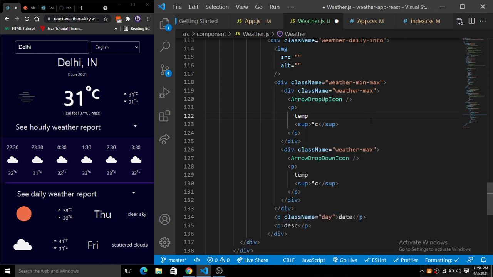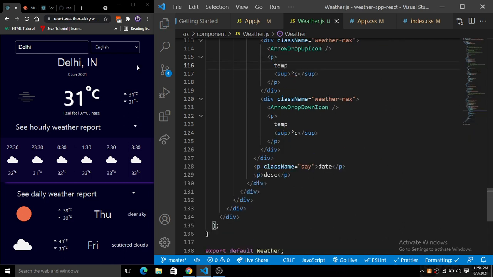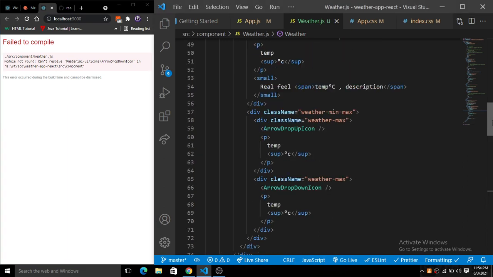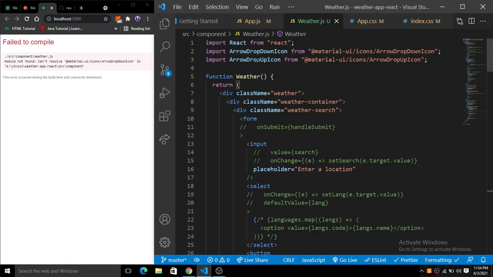And now I will save this, and let's go to the deployed version here. Now it has failed to compile. Let's see where it is showing an error. So we have this arrow drop down icon, right? Let's see, at the top we have this arrow drop down icon. Okay, so we just have to remove this icon from there and there also.